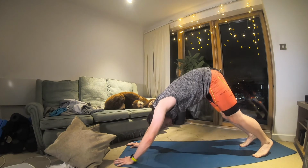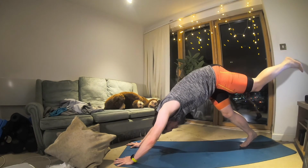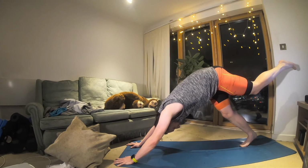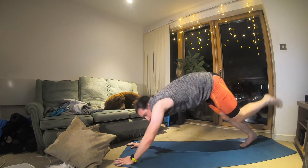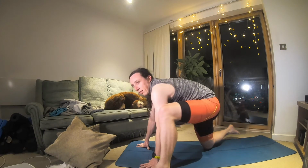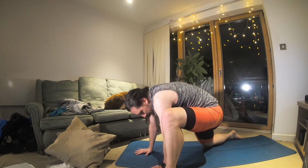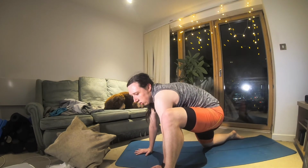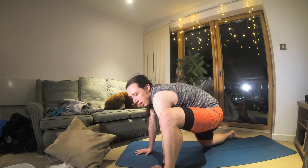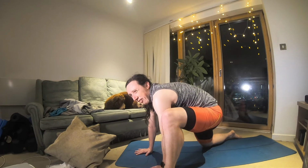And then here you've got the option again of taking that left leg into the sky for three-legged dog. Keeping the shoulders square, keeping the hips square, doesn't matter how high the leg goes. And then this time we'll step the left leg to the outside of the left hand. And you can drop that right knee. And we'll just take a minute to drop into the hips. Feel that nice stretch as we flex the front hip and extend the rear hip. Not that you have front or rear hips, but